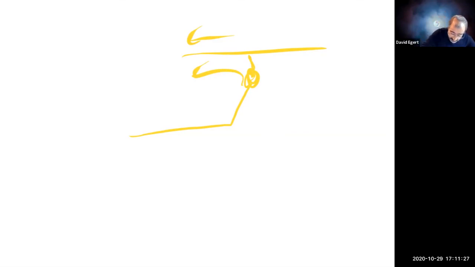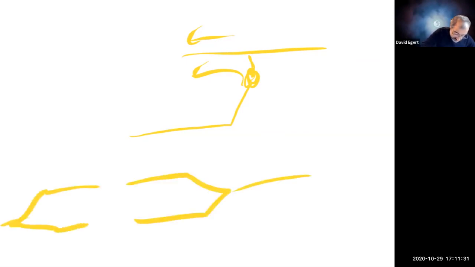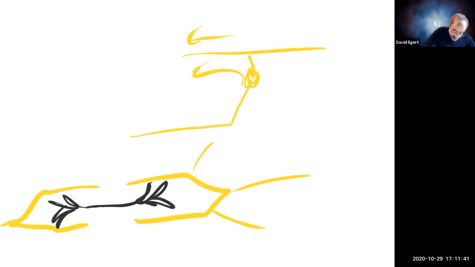Like if this is my sarcomere, and here's my myosin in there. If these things grabbed and then let go, and then grabbed and let go, and grabbed and pulled and let go, imagine if you're